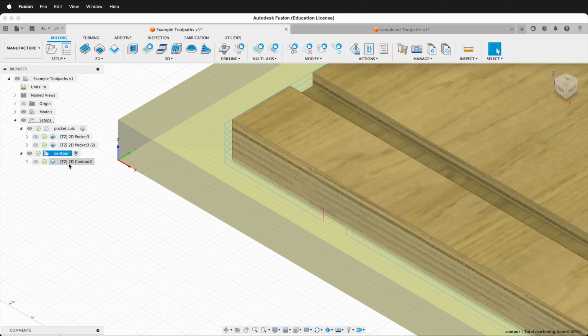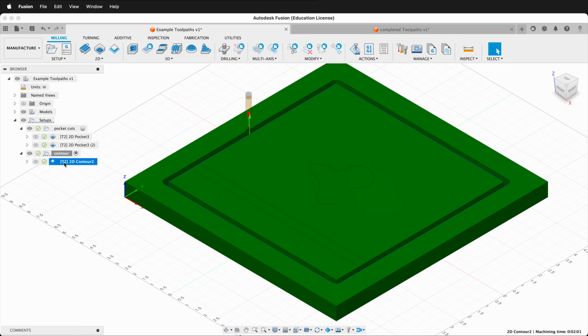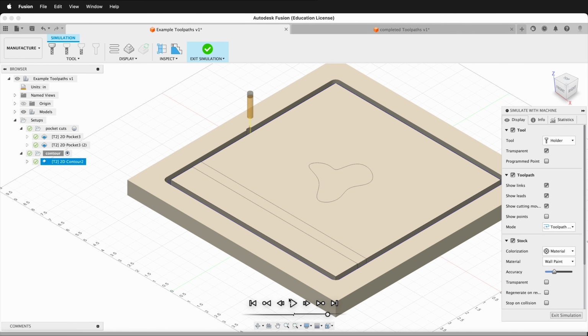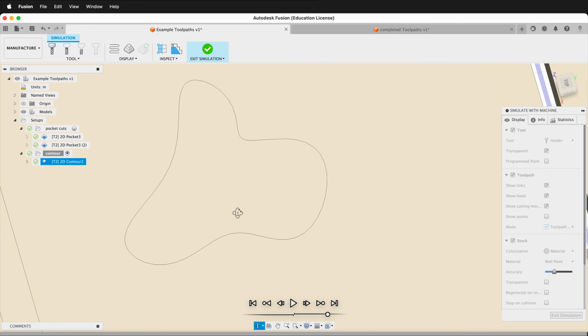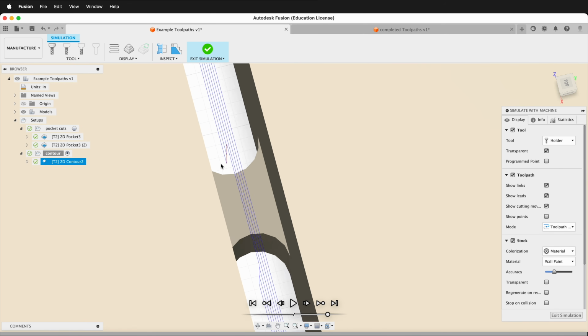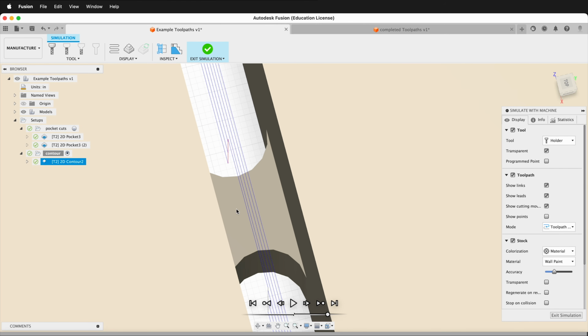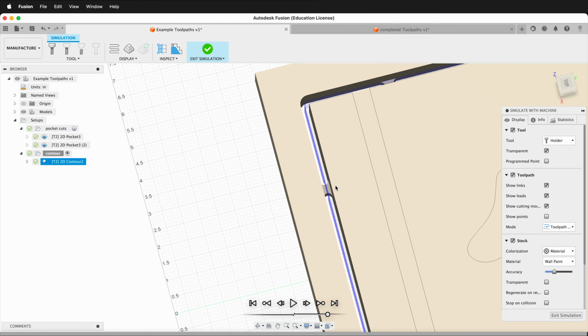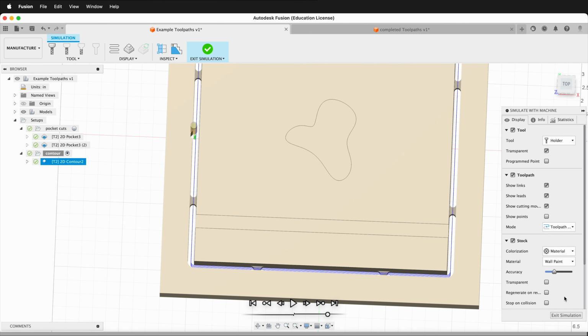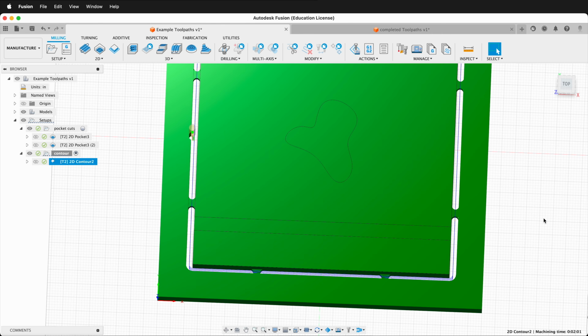Notice that the toolpath will go up over the tab. So when we simulate that, I'll go ahead and select the contour and I'll click Simulate. And we start pressing play. It goes around, but it leaves these tabs that need to be cut out later. And you can see how the toolpath will go up and over for those specific operations. Once you are sure that everything works for your simulation, you can exit the simulation, and now it's time to